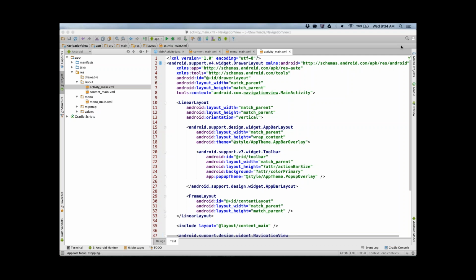And one thing I would be doing, I will be going into the styles, and instead of transparent,